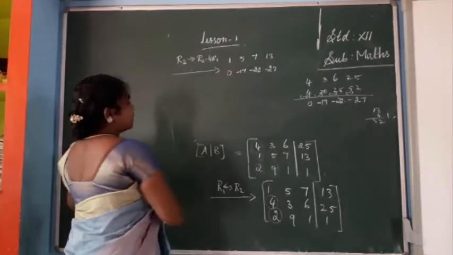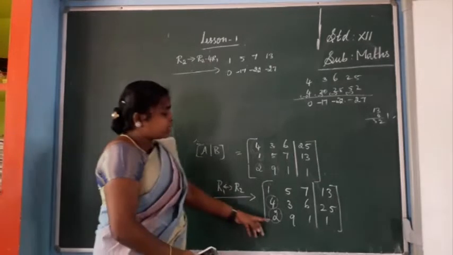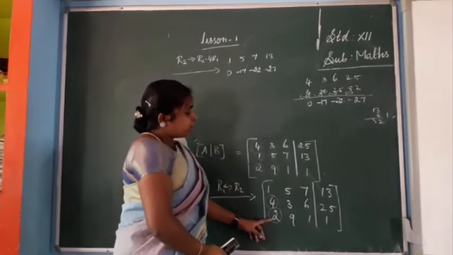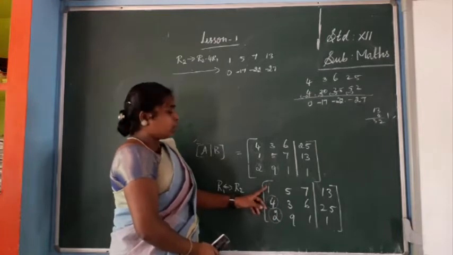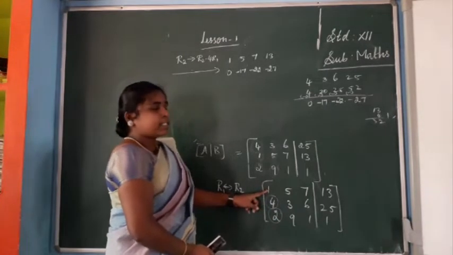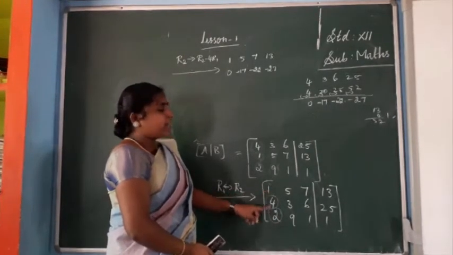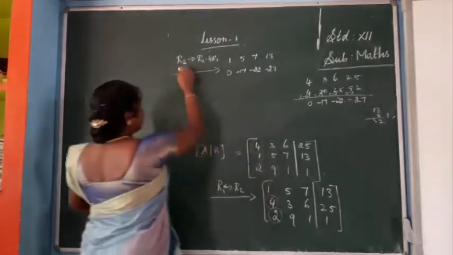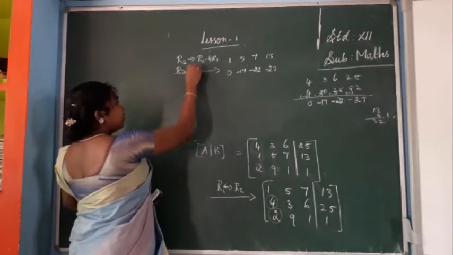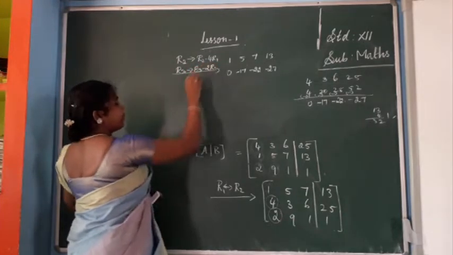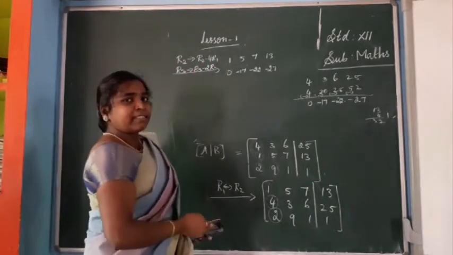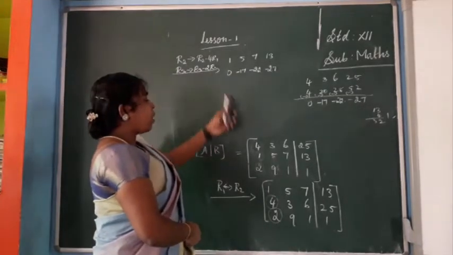Then we have to move to the third row. As I already told, instead of 2 we need 1, 0. So here you have to eliminate 2, so you should use the first row. In the first row, 1 is there. If we multiply by 2, we will get the same element. So R3 gives R3 minus 2R1. Here also you want to subtract because of the same symbol. So R3 gives R3 minus 2R1.